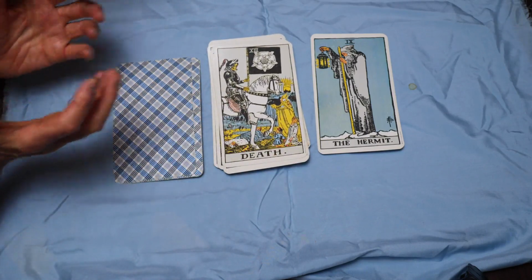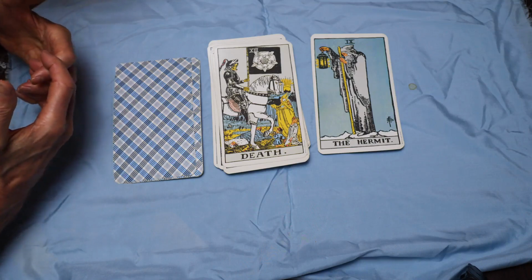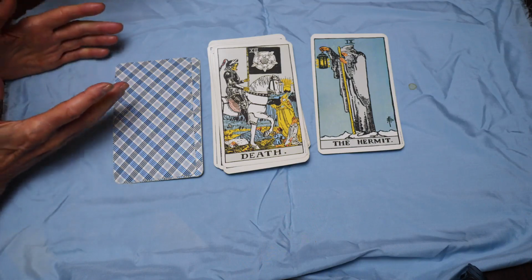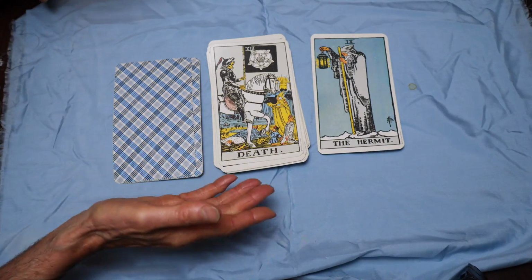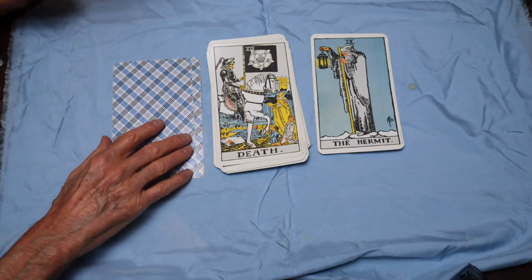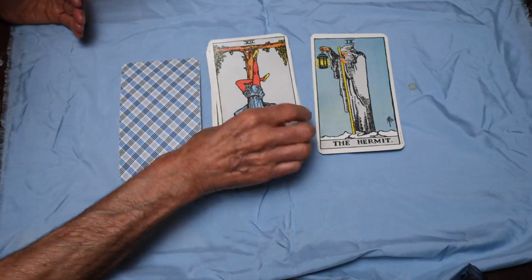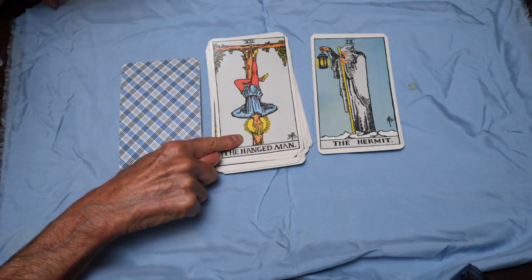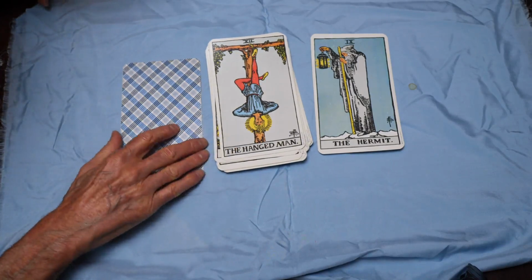So you've got this structure, you've got the building blocks of the project, and it's firm and it's strong. And so what you do now is you flesh it out. You've got the outline, you've got the structure. Begin again and add the flesh. But you need to be patient because the Hanged Man is upside down. And let it develop so that